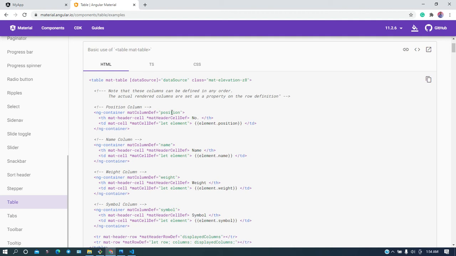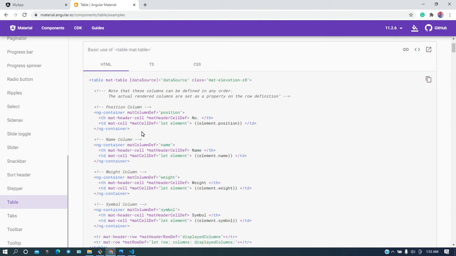Okay. Now what will be the header of the column name? You need to provide a header name. So here you just need to copy and paste it from the documentation, from this reference, the matHeaderCellDef, and make sure it is there, then it will be displayed as the column header.